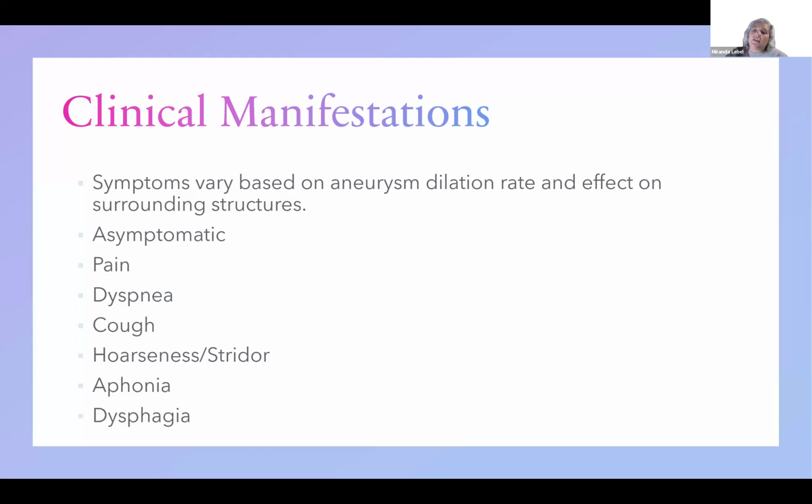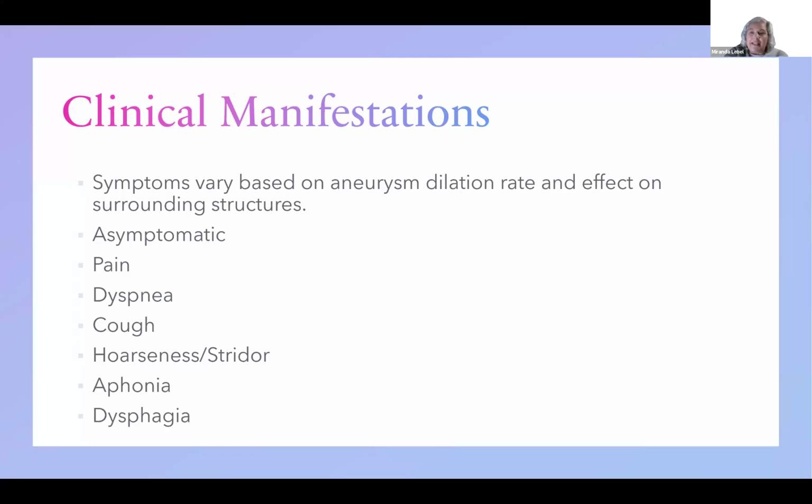Clinical manifestations are symptoms, and they vary based on the aneurysm dilation rate and effect on surrounding structures. Patient could be asymptomatic. If they have pain, it's going to be that constant boring pain, and it's going to happen when they're supine. They might have dyspnea due to that pressure on the trachea, main bronchus, or lung. They're going to have a cough that's